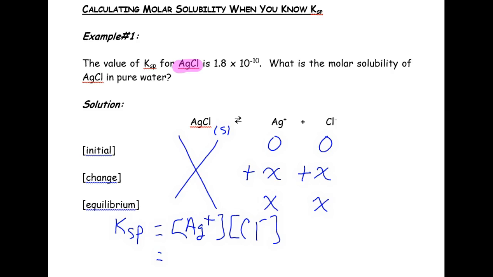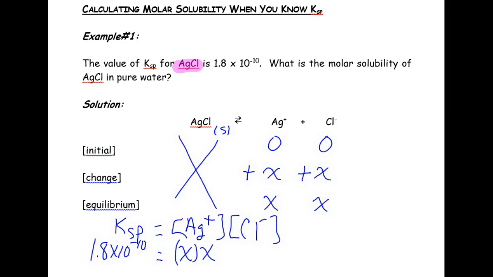Okay, and they don't tell me the temperature, so if it doesn't match the one that's in the table at the back of the book, it may be because the Ksp was measured at a different temperature. Okay, but if the question doesn't give you a Ksp value, then you're safe to go ahead and look up the reference value in the table in the back of your textbook. Okay, so 1.8 times 10 to the negative 10 is equal to, well, x